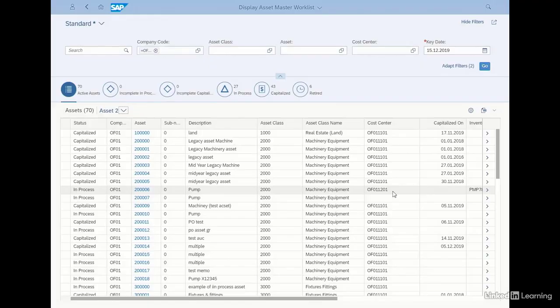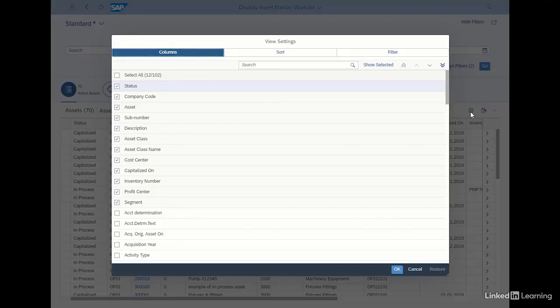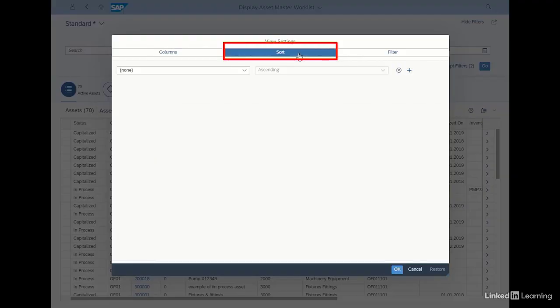I can export the table to an Excel spreadsheet by using the Export to Spreadsheet button next to the Settings button. The button at the top right will allow me to send by email or save as a separate tile. In the Settings button, I can also switch to the Sort tab and choose one or more